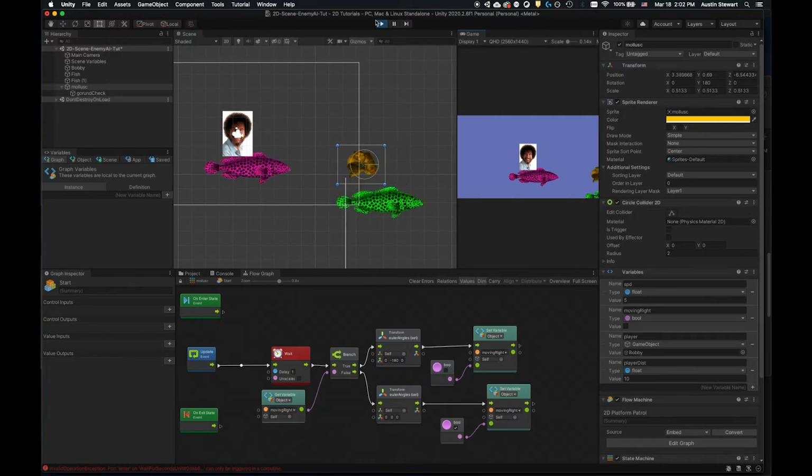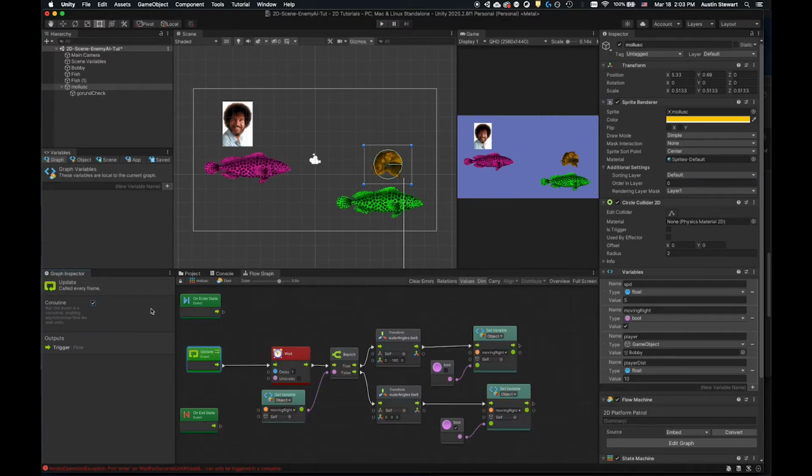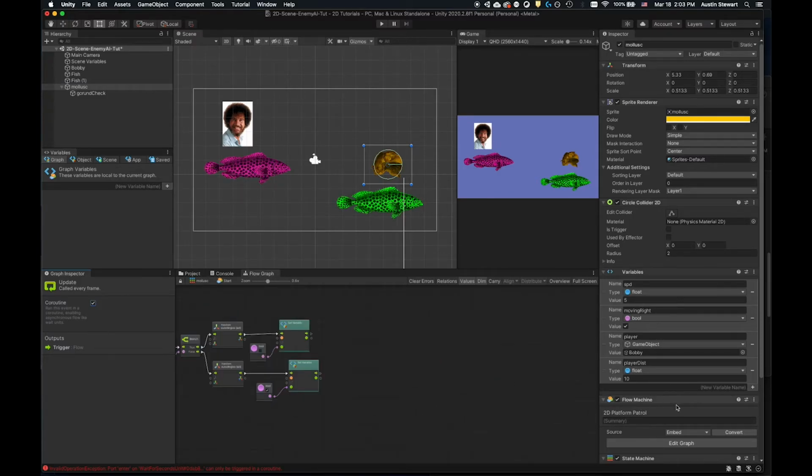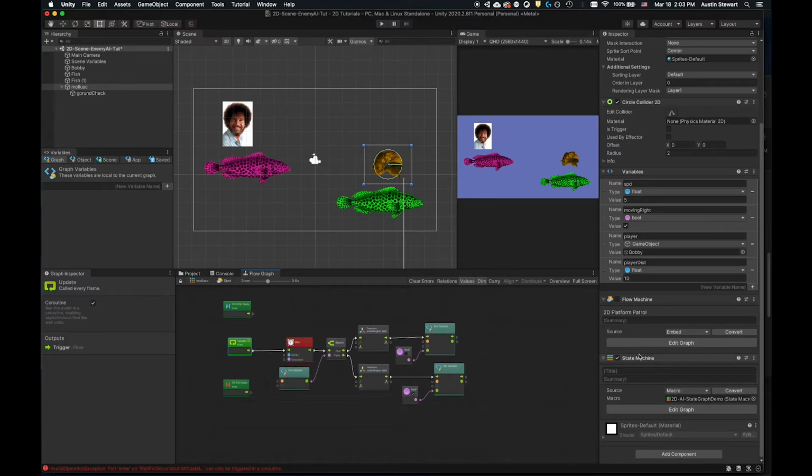Oh, you know what? There's an error in here. And what the error is, it says down here, but we've done this several times. We did not make this a coroutine. So let's go ahead and stop this. We're going to make this a coroutine. And the other thing that we forgot to do is, I have a state machine and a flow machine on here. I need to turn my flow machine off, or else that is going to override whatever is coming down below it. So let's go ahead